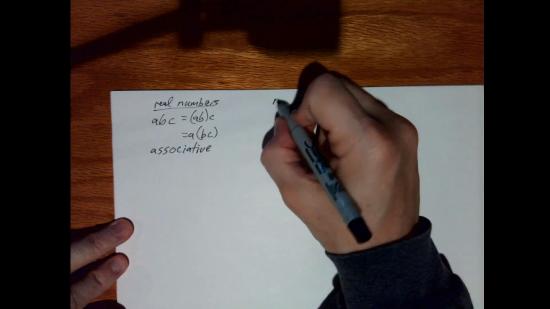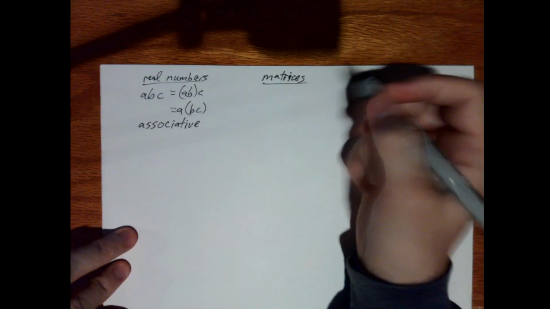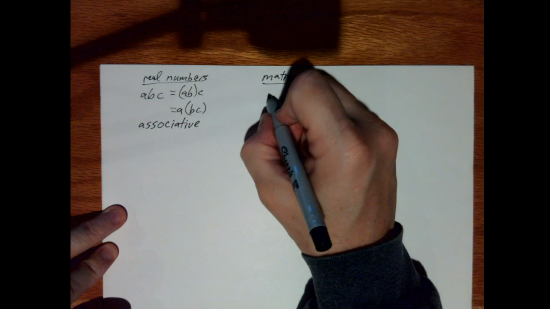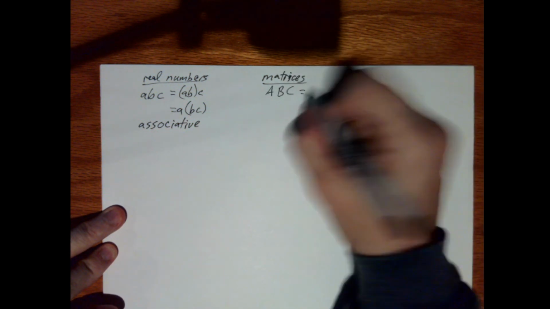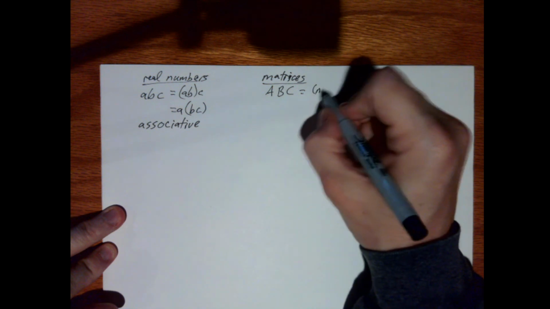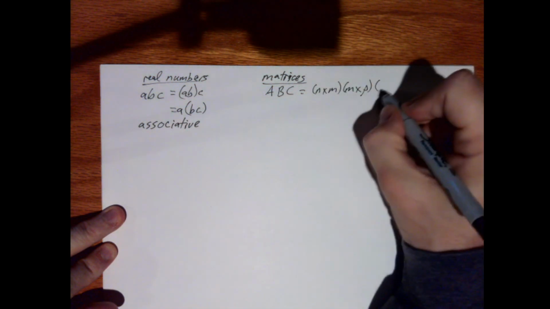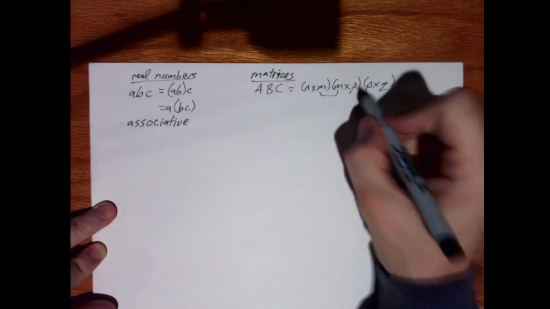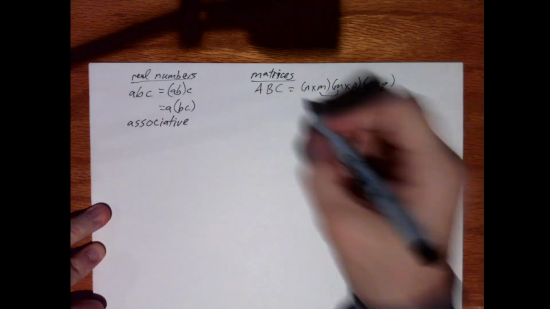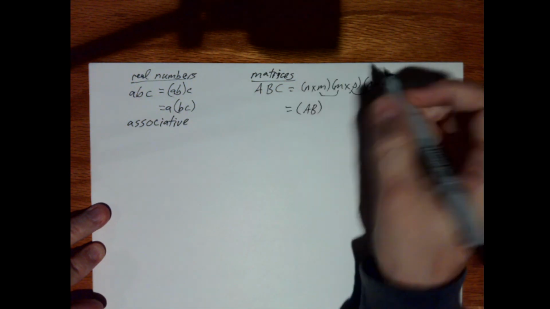That is, multiplication of real numbers is associative. What about for matrices? Well, it turns out it's also associative. If I have A, B, and C with dimensions, say, n by m, m by p, p by q, right? So those are the same. Those are the same. Well, it turns out I can multiply AB together first, and then multiply by C on